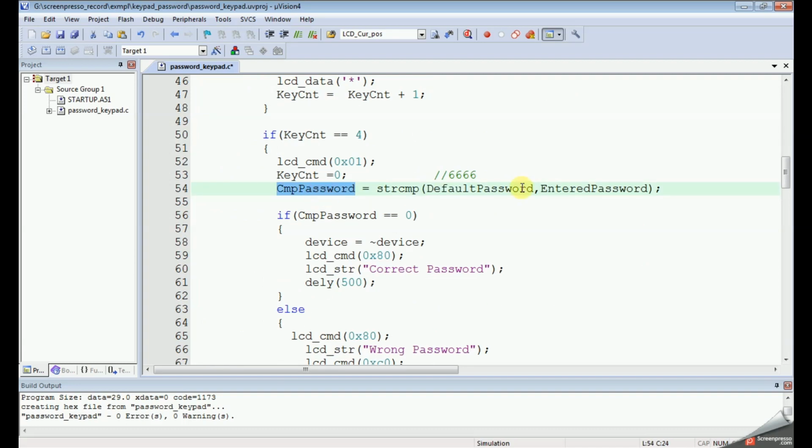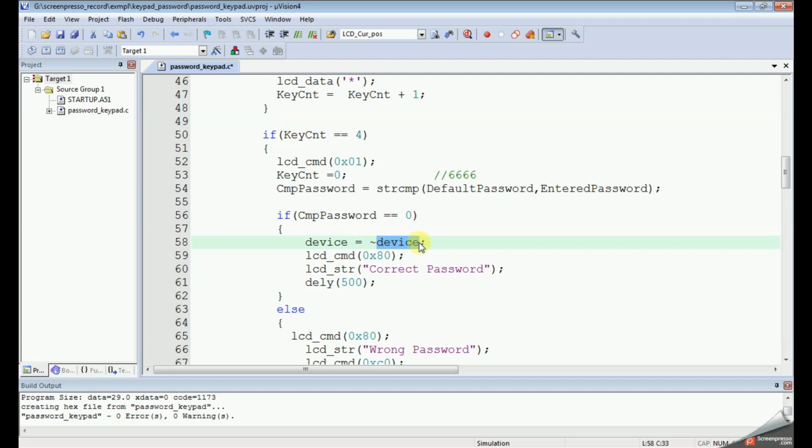If both passwords are the same, the default password and the entered password, then the string comparison library function will return 0. That means the default password is 6666 and the entered one is also 6666, then the compare password value will be 0. So we are checking whether it is 0 or not. If it is 0, we are toggling the device.